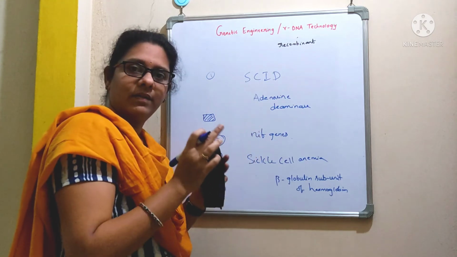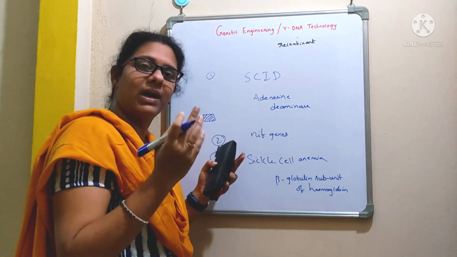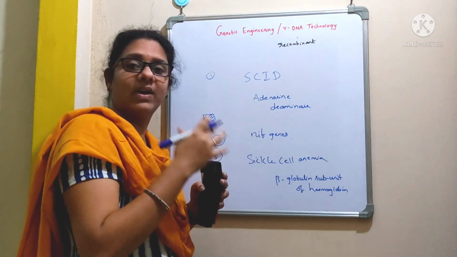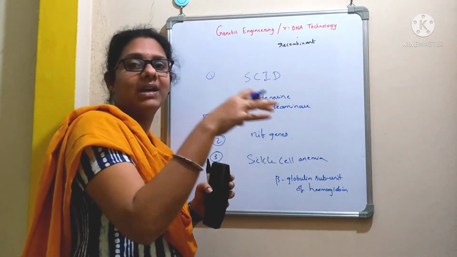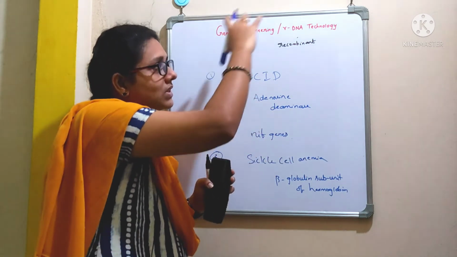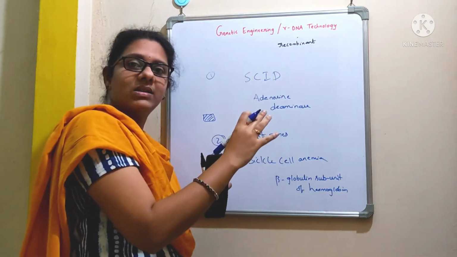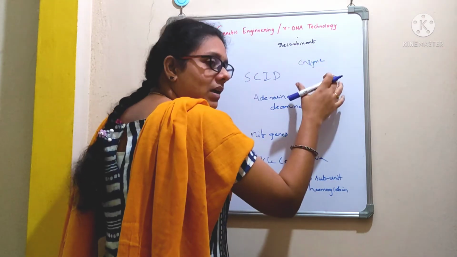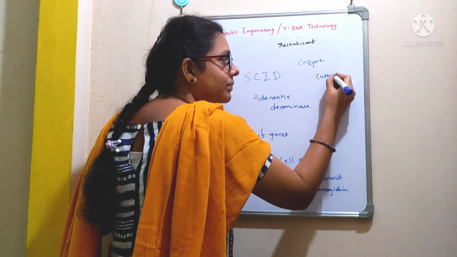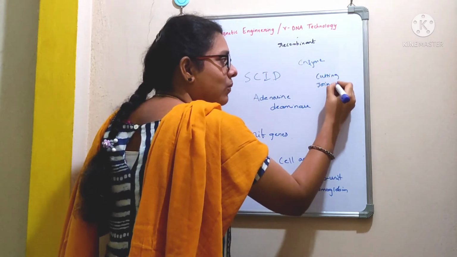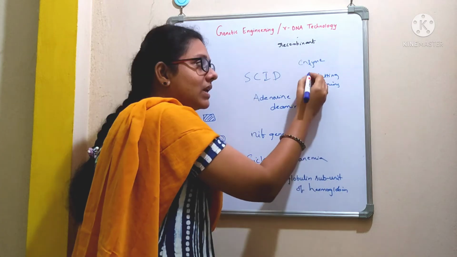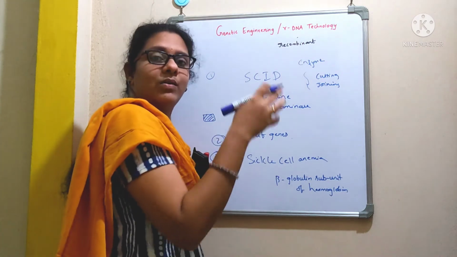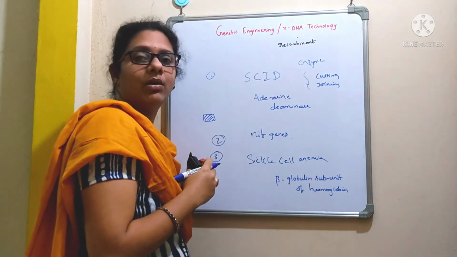Hope you are clear what is meant by recombination. So here we are going to combine two different genes. We can use this technology to cure genetic disorders where the defective gene is replaced with the correct gene, right? So this concept of genetic engineering technology is based on the enzymes that are involved in cutting the DNA and joining the DNA. Once we make a recombinant DNA molecule with the help of those enzymes, we introduce it into a host cell where it undergoes replication, giving rise to multiple copies of the gene.